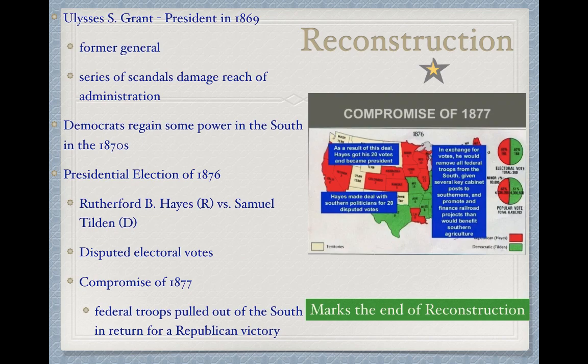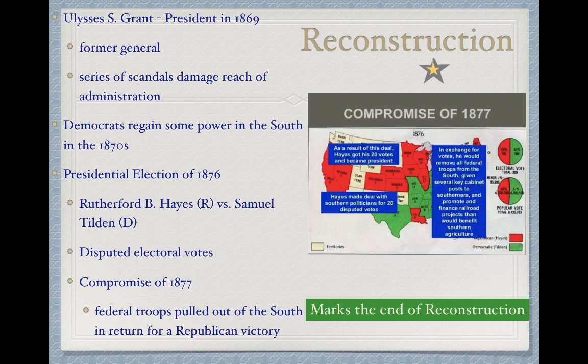This is going to culminate in the presidential election of 1876. That's going to pit a Republican named Rutherford B. Hayes versus Samuel Tilden, a Democrat. Now, hopefully you've never heard of President Tilden, right? But maybe you have heard of President Hayes, because he will win ultimately. But the election is controversial. There are disputed electoral votes, and it's going to lead to something called the Compromise of 1877. In the end, federal troops will pull out of the South,